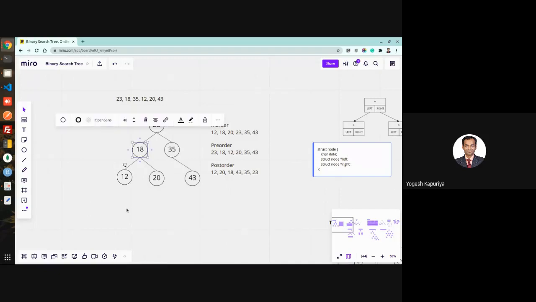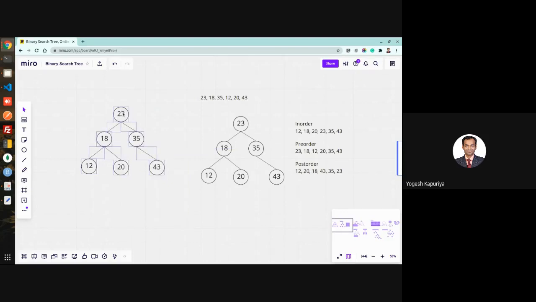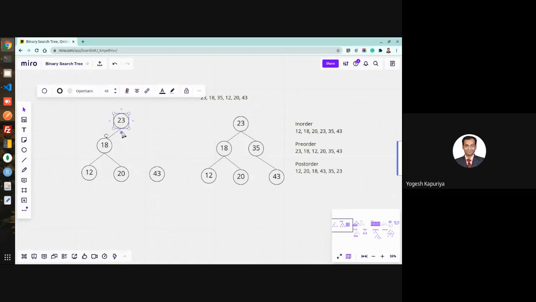Okay. And obviously, you need to update the left part or the parent node accordingly. Another case is you have one child, either the left or the right. So let's say this is the case. You want to delete 35. When you want to delete 35, what should happen? I want to delete this node. So I will simply set up a link between these two. So technically, 43 is taking the place of 35 because it has only one child.